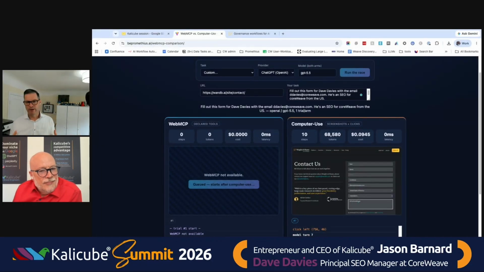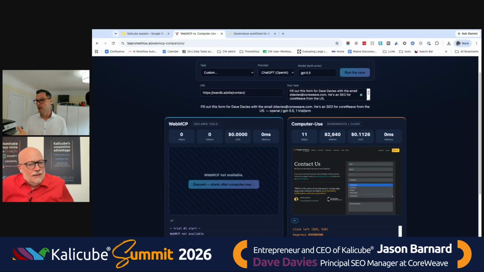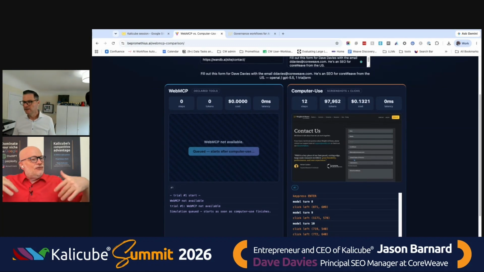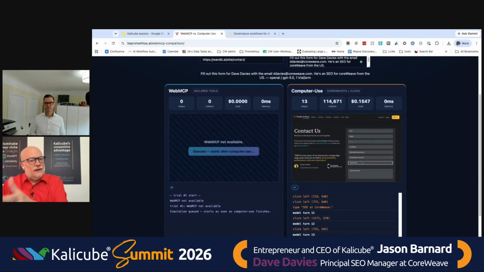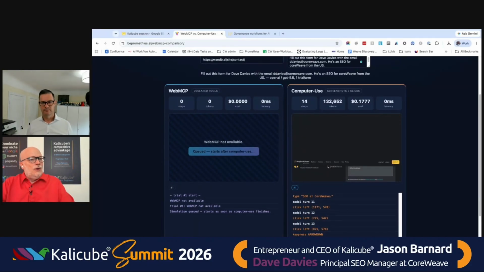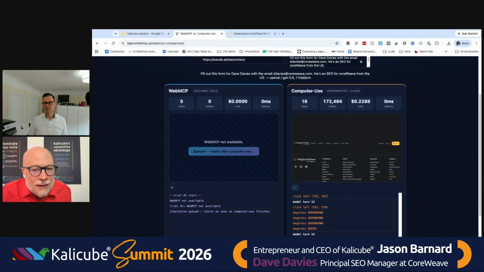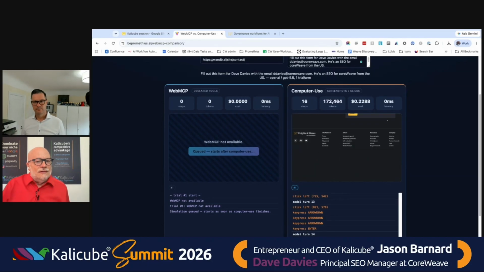So if we had WebMCP, because that form doesn't have it yet. And, sorry, I'm looking at the right-hand side. You're immediately saying how many resources are needed because it doesn't know how to interact with the form and it's trying to figure it out, and that's costing you tokens, that's costing you money. And from a brand perspective, you're saying, well, we're putting a cost onto the user who's now going to have to pay their agent to figure all this out on its own, and it's cost you 22 cents so far.